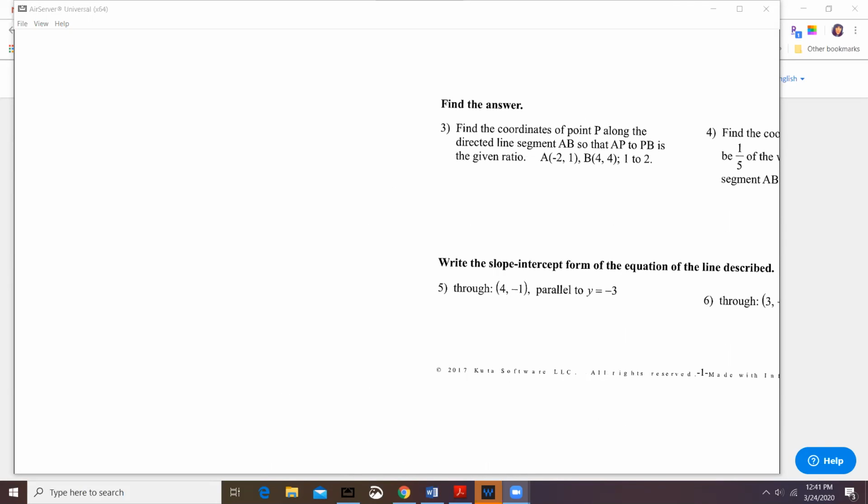Okay. All right, so number 3 says find the coordinates of P along the directed line segment so that we have a ratio of 1 to 2. Okay, so I'm going to use this. This will be x1, y1, and this will be x2, y2, because it's saying AB, right? AP to PB. And this is A, and this is B. All right, so when I plug in, I've got